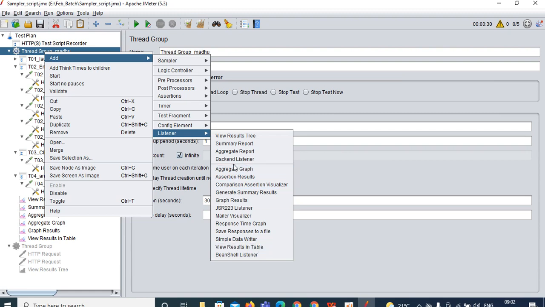The remaining ones, the graphs, assertion results and so on, we cannot use in real time. JMeter is the tool, and the service provider provides many options, but we do not use that many options in real time. See, on our mobile we have many options, but we are not using all of them. Whatever we feel is important, that option only we learn and use. Similarly, JMeter is an application, and whatever is important for performance testing people, that option only we can go through and learn.